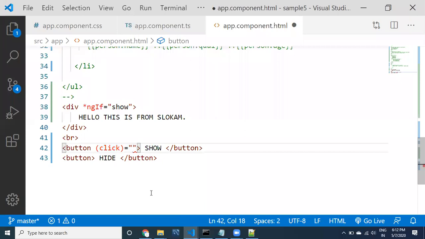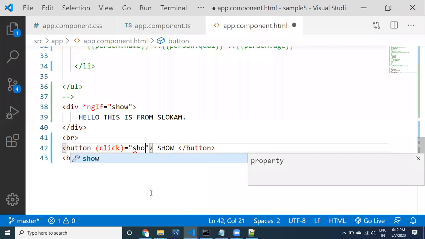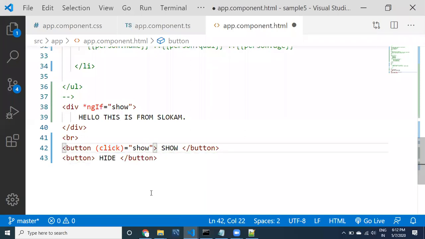To do so, the simple thing is show dot. Whenever you say show equal to, you can provide it like this. Just an expression I am providing. This can be called a template expression. This is a template, and in this template I am writing an expression. I have to provide an action, or you can provide a function also. That function should be available in the component class.